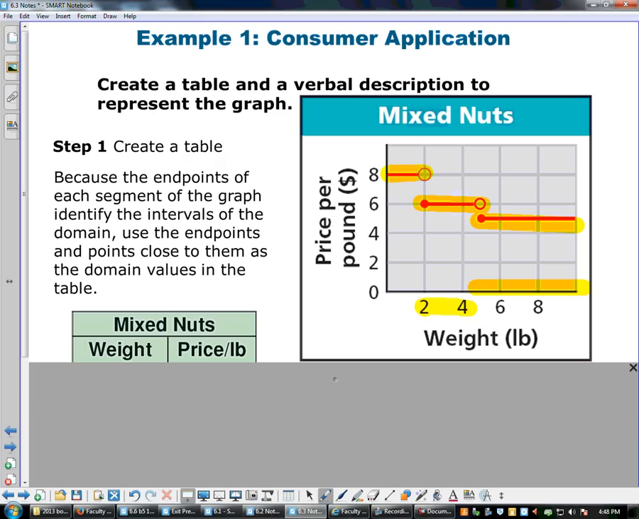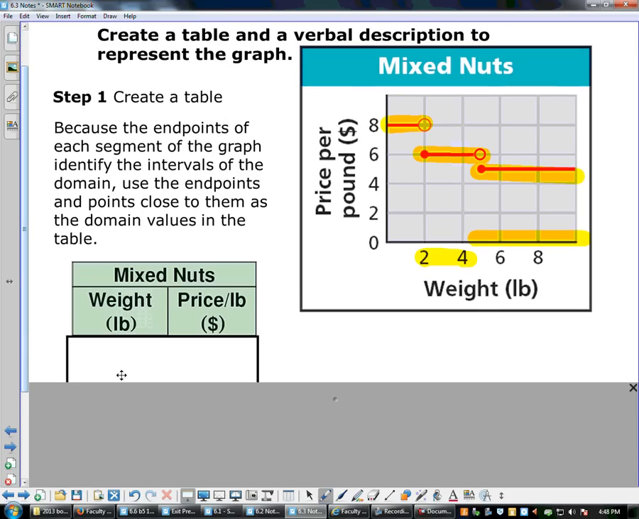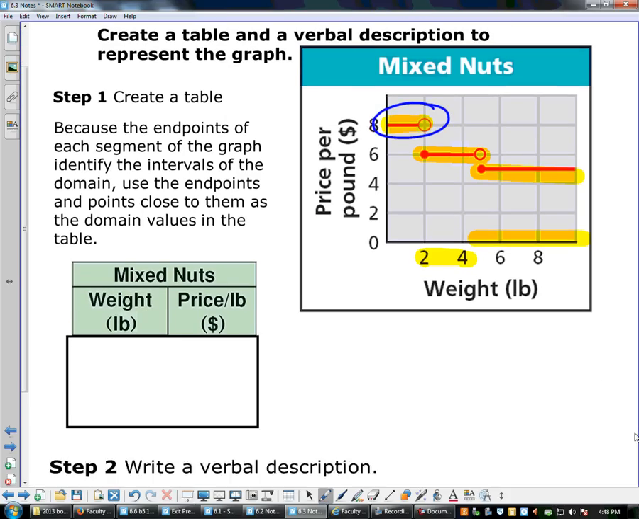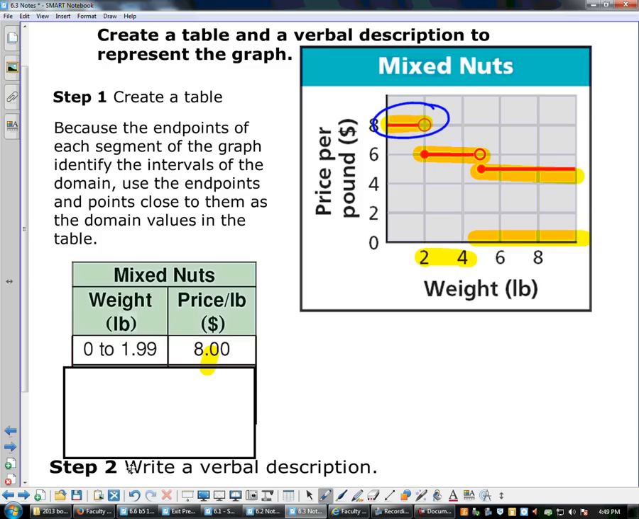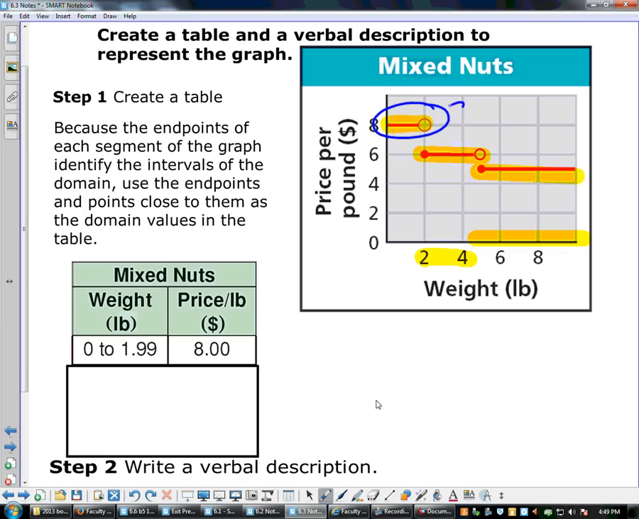So let's create our table here. Well, what was the first piece of our graph we were given? If the weight was between 0 and 2, then how much price per pound was I paying? Well, that was that top piece right here. I was paying $8 per pound. So that's the first piece we put on our table there. We're going to say up to 1.99 pounds because you notice an open circle here, so not quite at